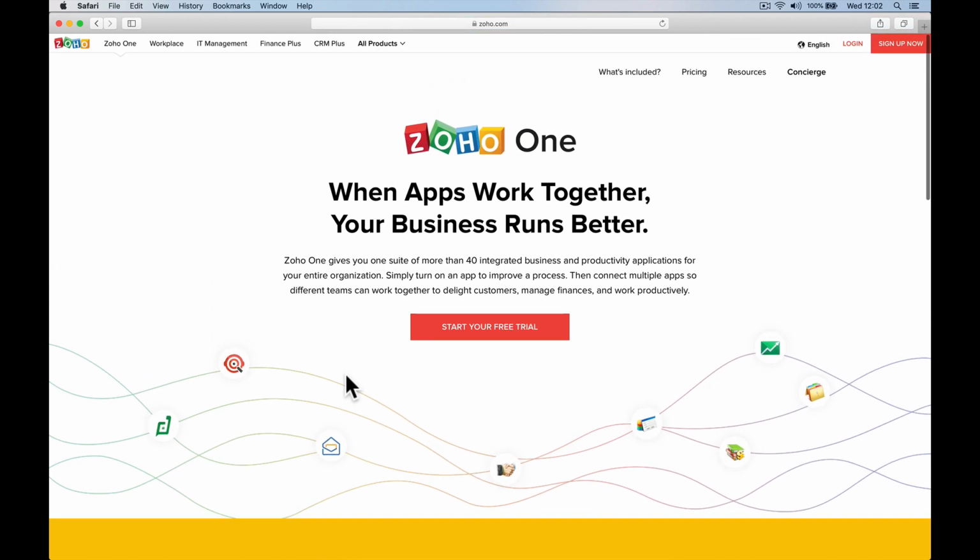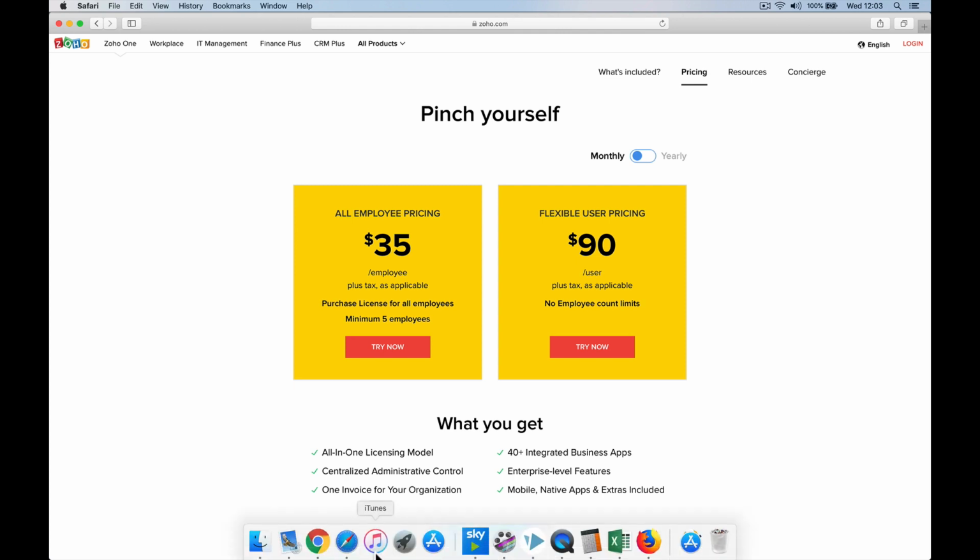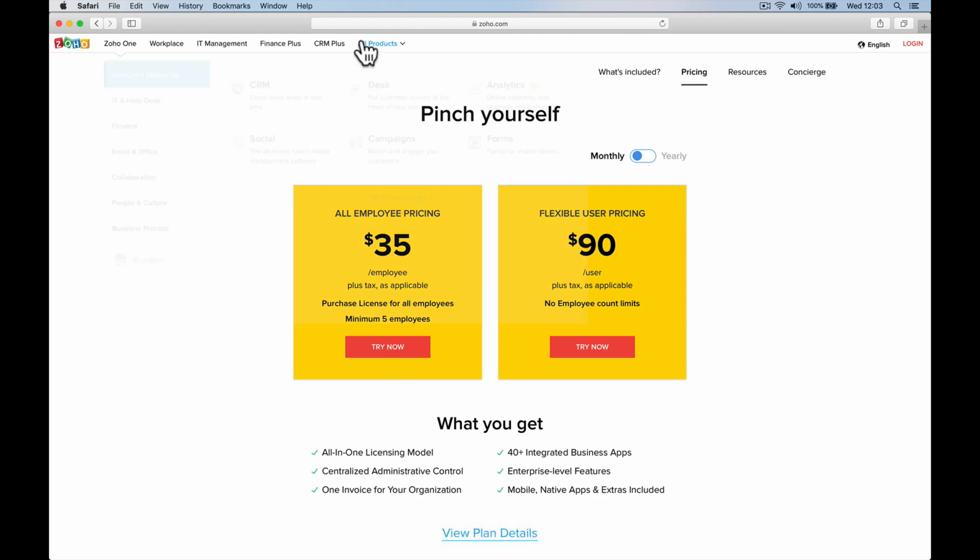Right, so what Zoho ONE is, is all of the apps for $90 a month for one user. So one user monthly is $90 a month, right? But 5 users is $35 a month each. So you can have your team at $35 a month and get all of Zoho ONE's apps. So this is 40 plus apps. If I go here, look,